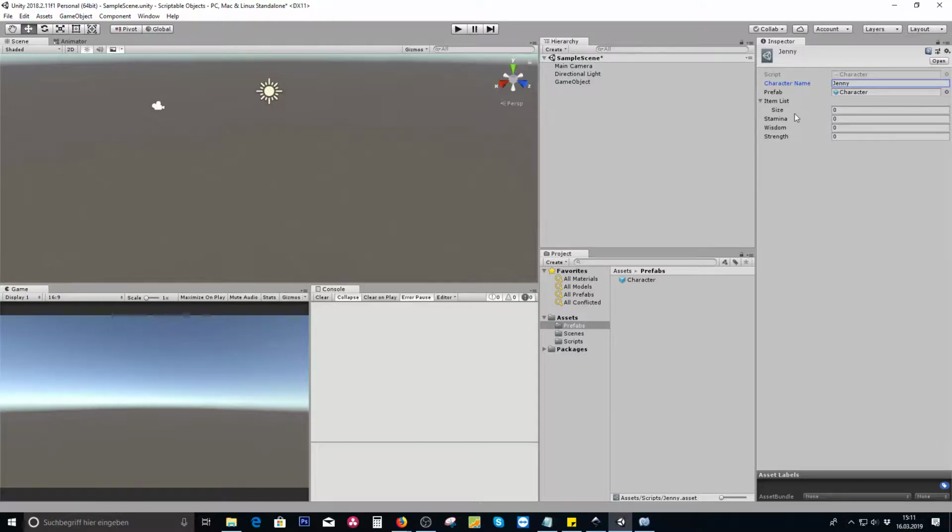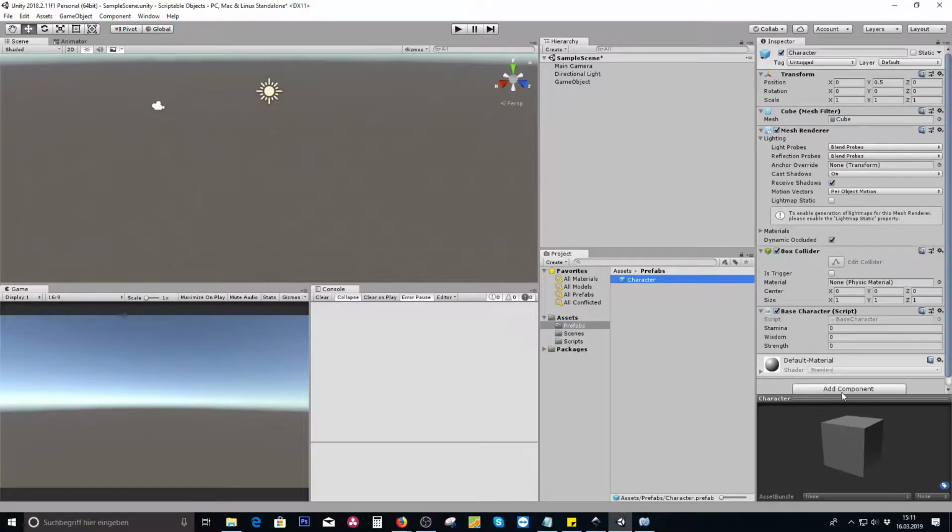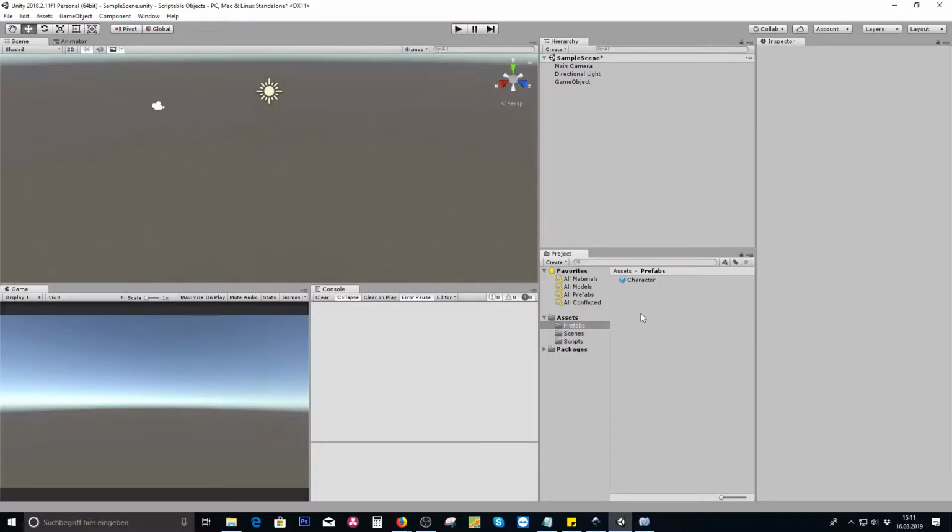I can give it an item, but I don't have to. And I give it maybe a stamina of 20, wisdom of, maybe she's not so clever, and maybe some strengths, or maybe 10, whatever. It doesn't really matter. So now I created a second character in a couple of seconds with a scriptable object without doing all the stuff inside the prefabs, creating new prefabs, blah, blah, blah. It doesn't really matter because I don't have to set up everything in the character directly. So I can design and give it different scriptable objects back and forth whenever and whatever I like to go with. So once again, when I press play,